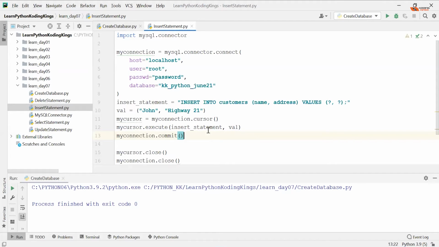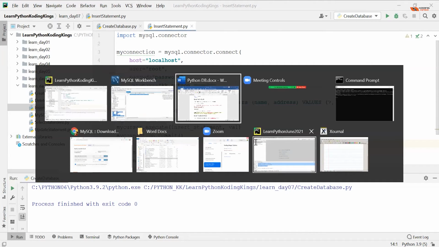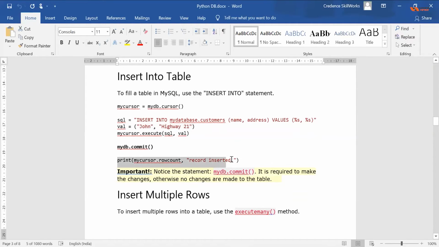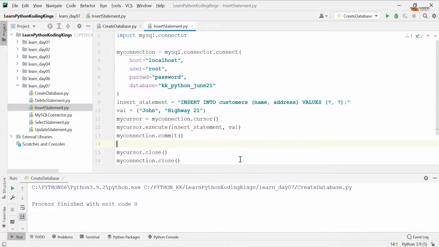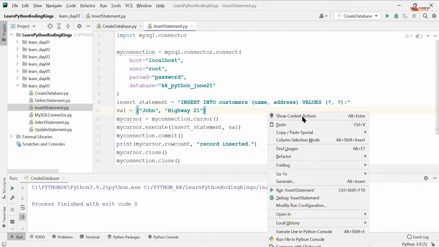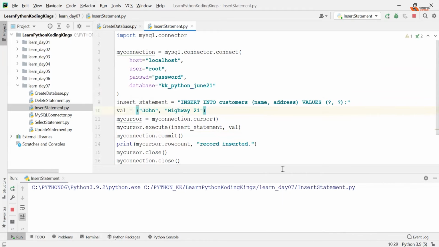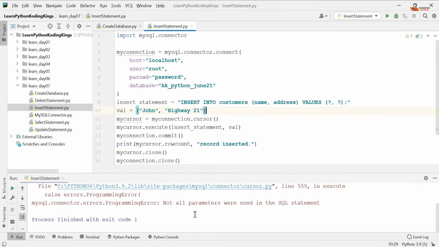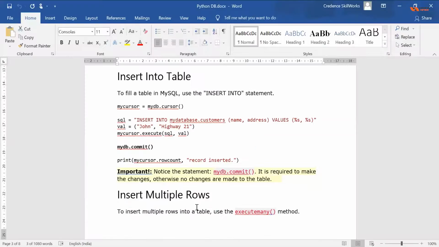Okay. So now you pass the value. You are saying insert, execute basically, and your insert statement is passed here, and you are done. Okay. So whether it works, let's see. If you want to check how many records are actually updated, you can always get mycursor.rowcount, and you'll get how many records were actually inserted because of this query. Good with that? So let's go ahead and execute this particular insert statement. There is some error. Let's see what it is.